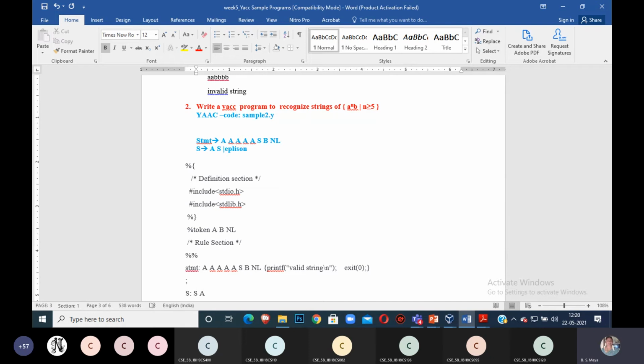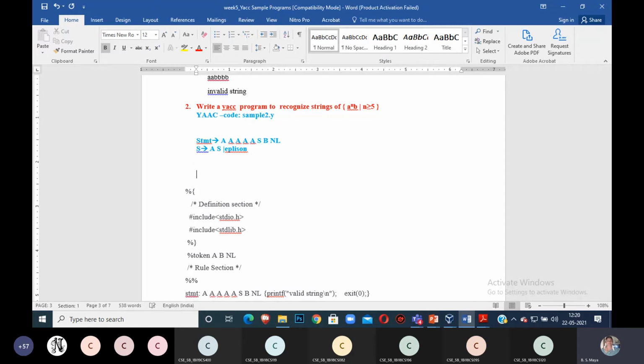Correct? The grammar is correct. You should know in this YACC program how to write a grammar for the given input. Now how to derive? Any number you can derive by using this grammar. Statement derives minimum 5, and I am replacing with S. Whenever you want 6, S is replacing with what? See, I will take A, B.